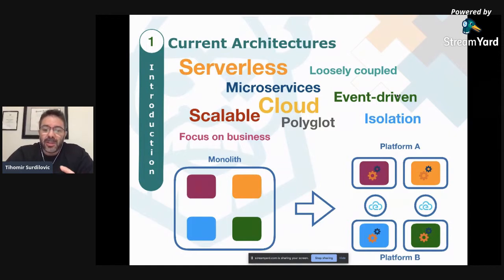They're very business focused on very small parts of our business, and they can run on different platforms, in different containers, and can communicate or be executed by events.